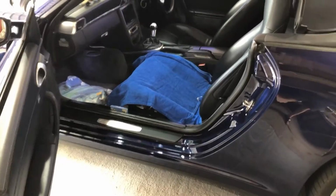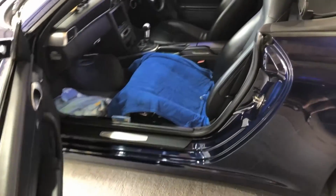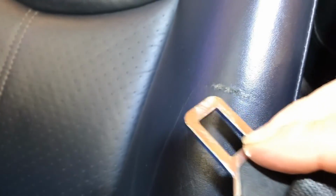Right, let's take a look at the offending article that we're going to be addressing today. This is on my driver's side, and what it is, I've got a little nick. Well, it's a scratch really. It's not a hole, it's not deep or anything like that, but it's a scratch on the bolster, which I'm going to say has been done by something like that running across it. But yeah, that's the only mark there is on this seat, so that's the one I'm going to be addressing